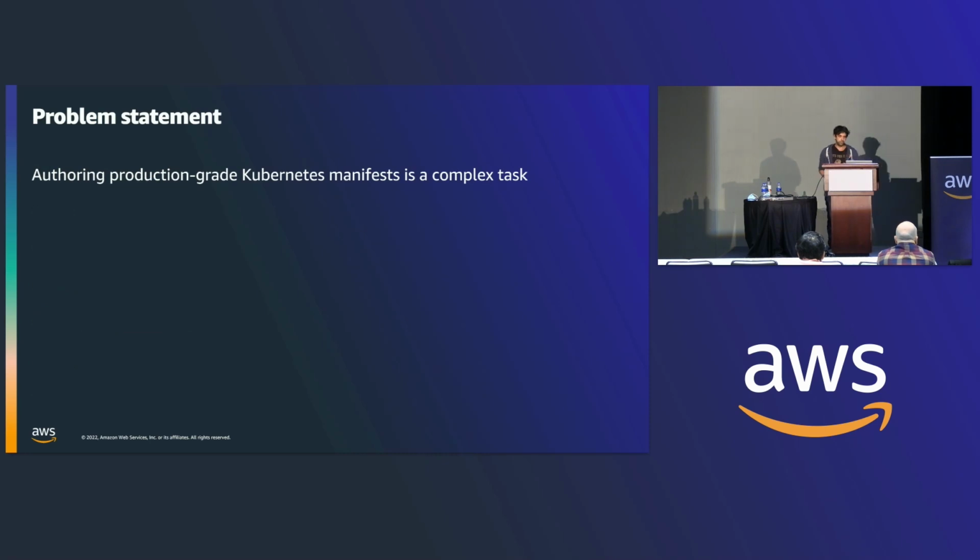So what are we trying to solve here? I think the statement here is that authoring production-grade Kubernetes manifests is a complex task. And I realize that complex is relative, right? It depends on your role and it depends on your experience. So to be more accurate, let's just say that it's more complex than it can be, right? And I also realize that I can't really argue complexity without offering an alternative. So what we're going to see in this session is basically an alternative to Kubernetes manifest authoring using cdk8s and